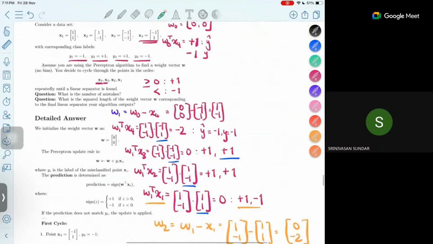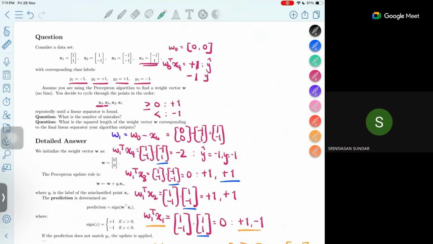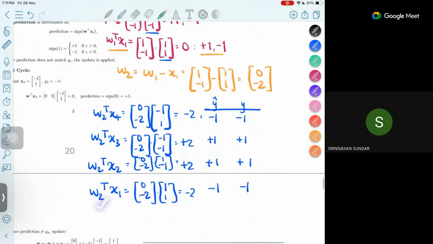So what have they actually asked in this question? The first is, what is the number of mistakes? So let's see. So this is actually W2, right? So we had